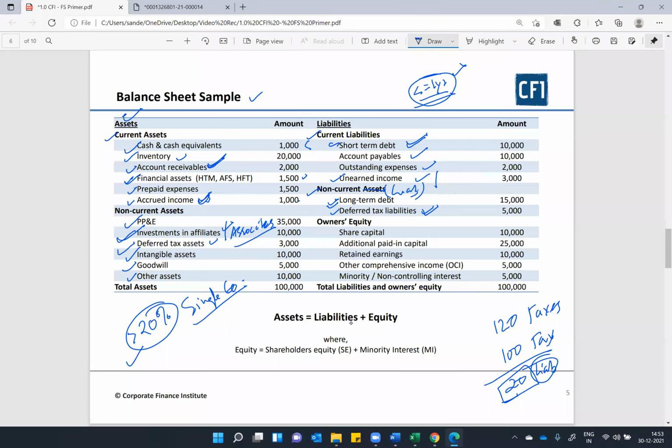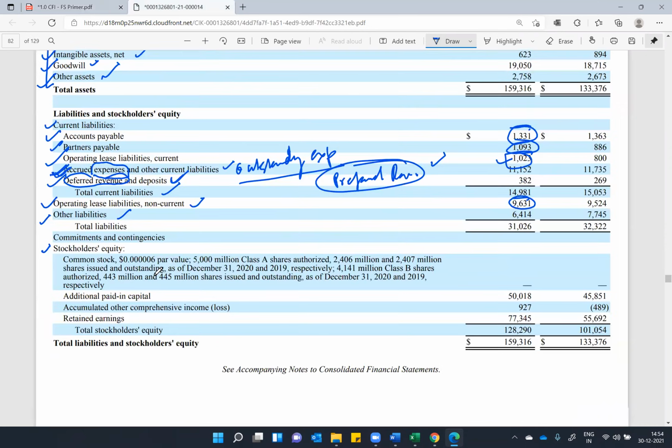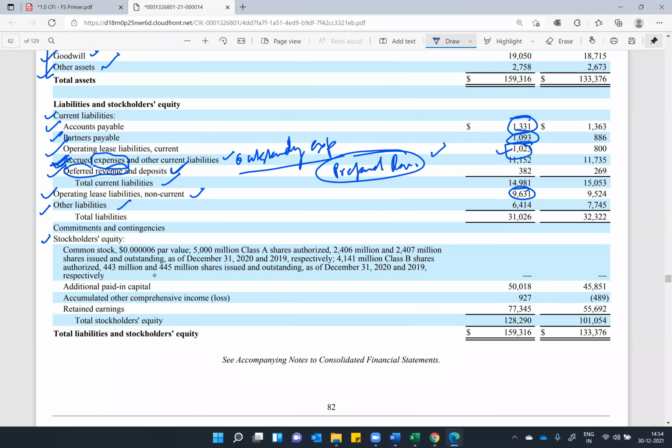If you want more information on deferred tax liability and assets, probably I have to create another video where I can discuss a case with you so that you can have even more clarity. But right now, just for the definition purpose, this is what deferred tax liability means, right? So we have discussed both the current and non-current. Now we will move to the equity portion. Let's first see it for Facebook and then we'll discuss it in a sample balance sheet also.